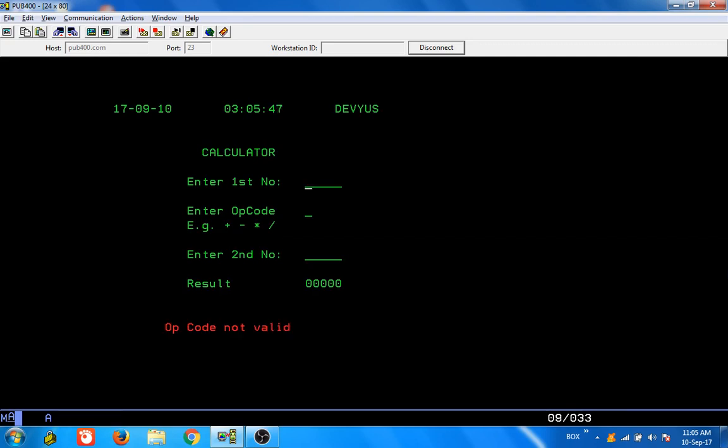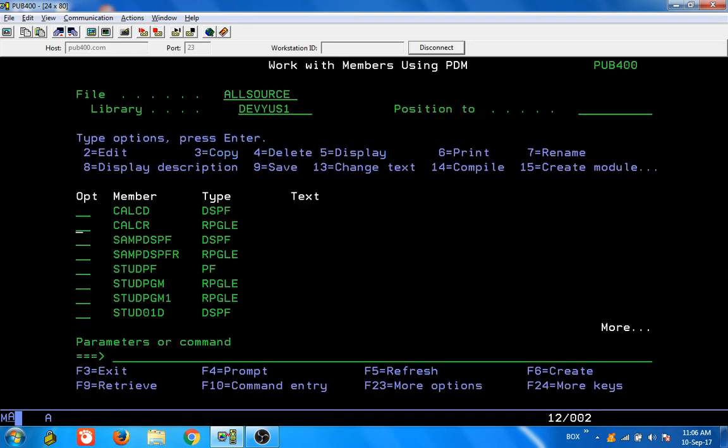Okay, opcode is not valid because we didn't give anything, right? So 1 plus 1, it says 2, it's cleared. And maybe 11111 multiplied by 999, it says output is out of range. And again, if you give 1 plus 1, it's 2, so it's working. So I think we would have learned some basics about the display file. You can very well go and